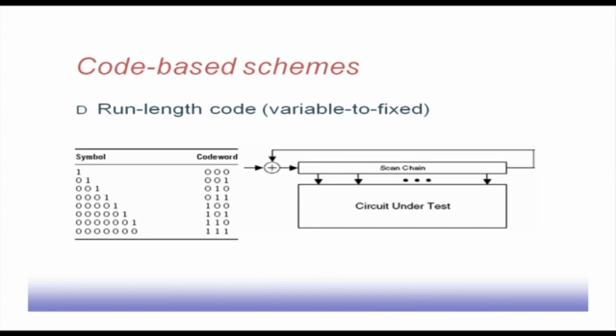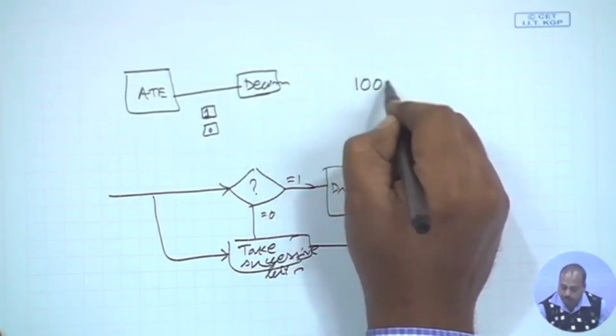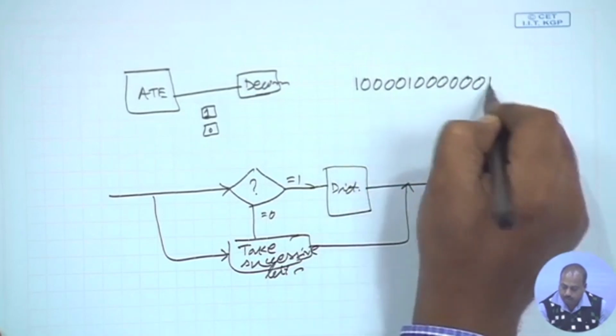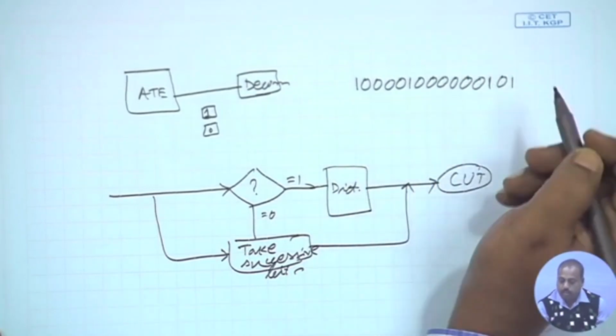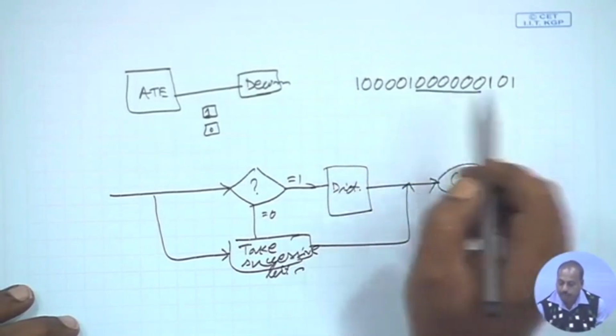Next, we look into another strategy which is known as run length coding. So, run length coding is like this. First of all, it sees the size of the runs of zeros. Like if you see a test pattern, say 1 0 0 0 1 0 0 0 0 1 0 like this. Now you see that at this part I am transmitting 5 zeros,